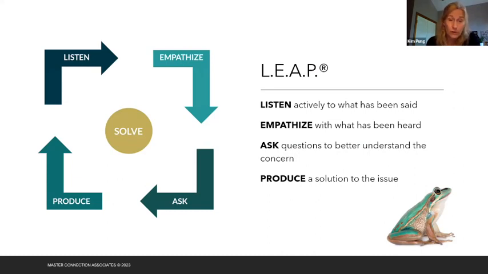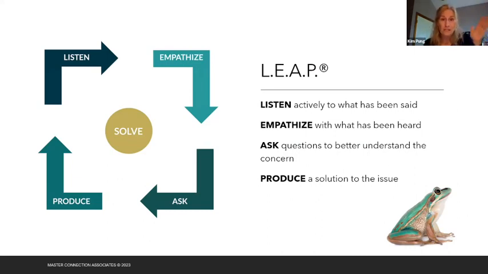Maybe you've heard of this before, maybe you have your own technique, but that's typically where we go, right to the, here's what I can do, and start explaining why it's not going to be that big of a deal because I have an umbrella, or I'm trying to sell something right away. And so we want to make sure, as we're positioning that solution, that we've engaged them with those questions first. So there is a very natural flow to this. You can't listen, then produce, then empathize, then ask, or listen, then empathize, then produce, then ask. There's a very clear flow.